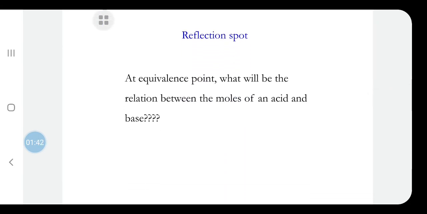At this juncture, let us have a pause, and I want you all to think a while. At the equivalence point, what will be the relation between the moles of an acid and a base? You just have a short break, just a 30-second break, and you think a while and come back. Yes, at the equivalence point, the number of moles of an acid will be equivalent to the number of moles